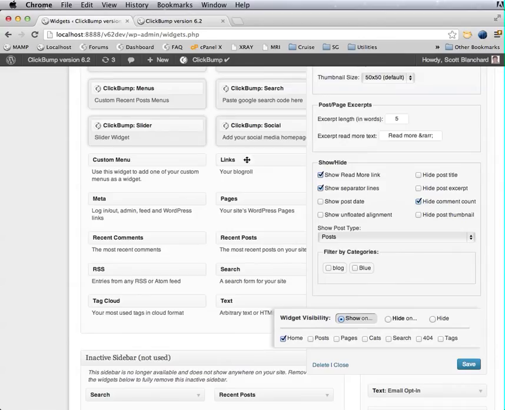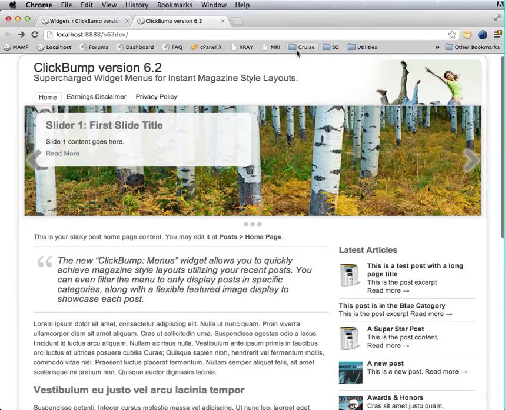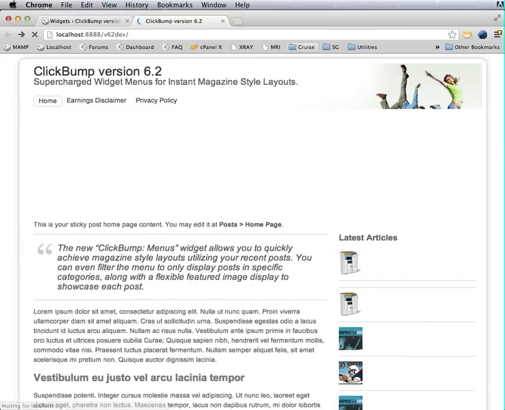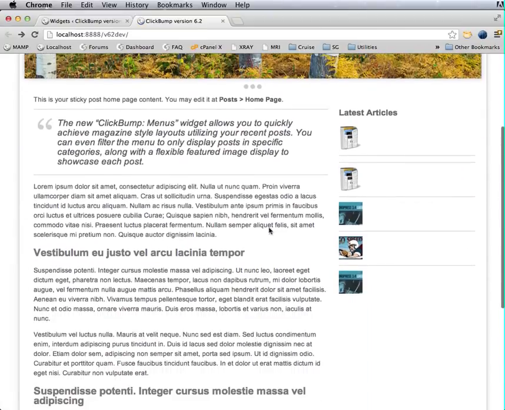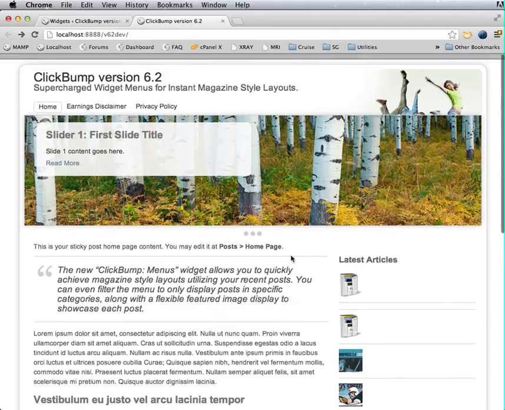Let's see a little bit more about what I can do. I can show the post date on that. I can hide the post title. Let's say if I just want thumbnail images, maybe I want to hide the post title and the excerpt, and if I have no excerpt, the read more will automatically disappear, so I don't really even have to check that. So this will just show me a refresh here. Now I can see that I've just got thumbnails here. So